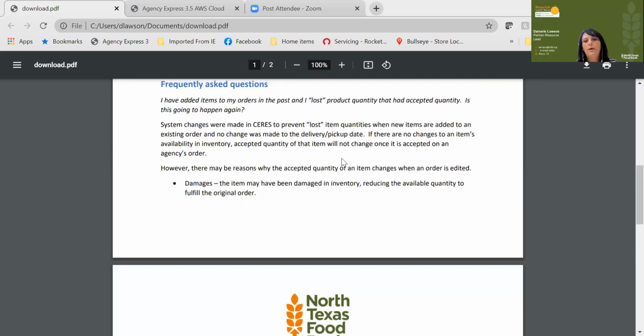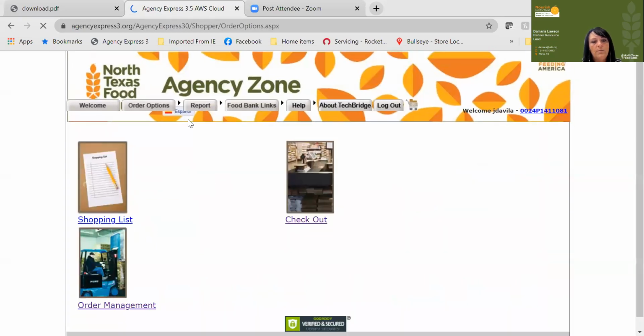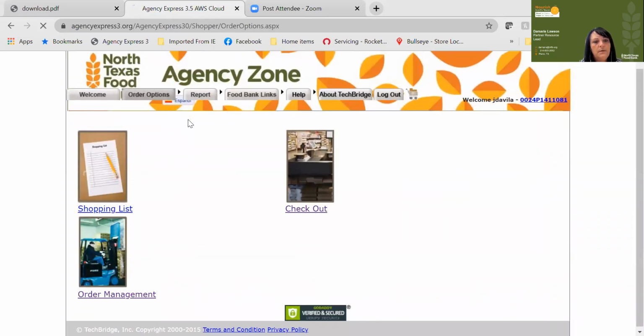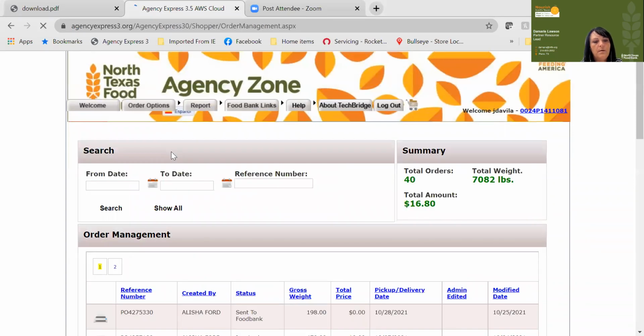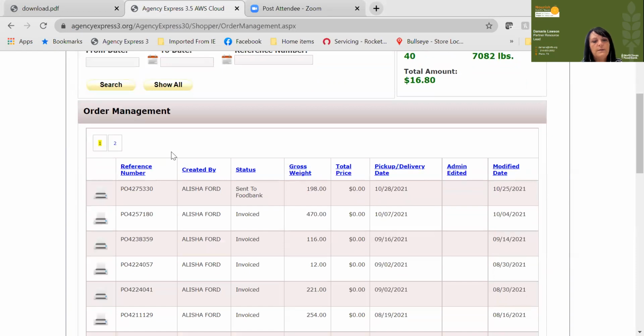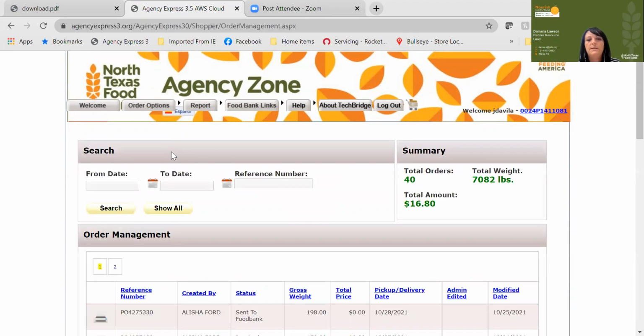No. If you've placed one order, you can look at that one in your order management. Underneath that tab, here is where you'll see that item, and there I go to the pencil. Then you just add to that order. Once you've added that item to the order, you've made any of those adjustments,